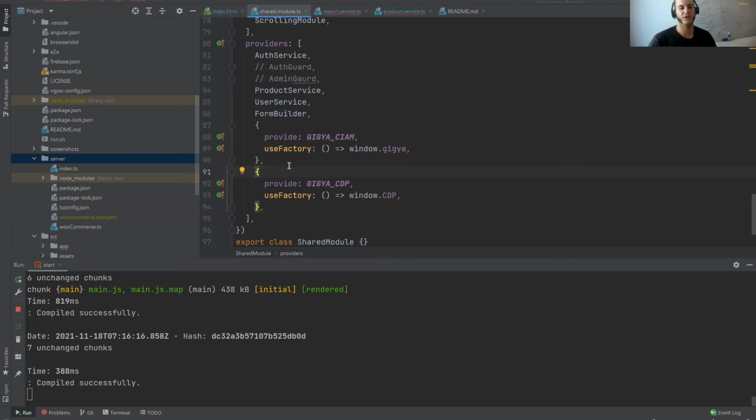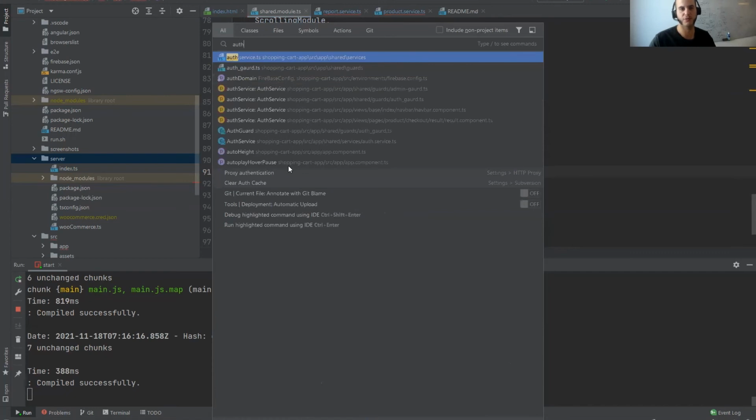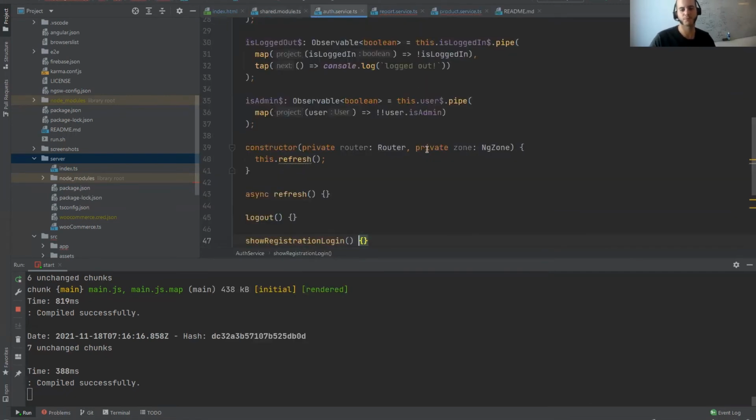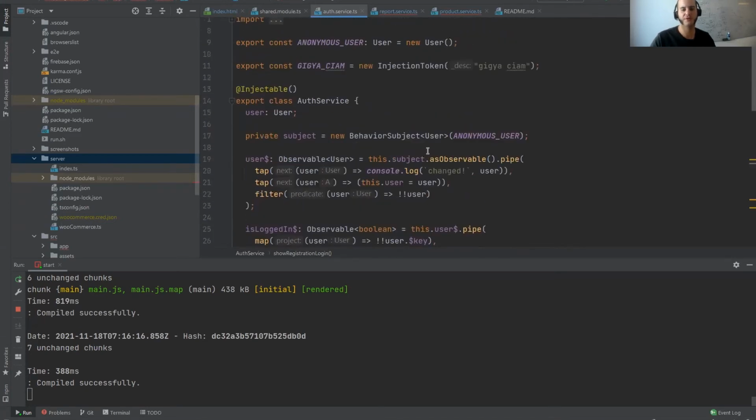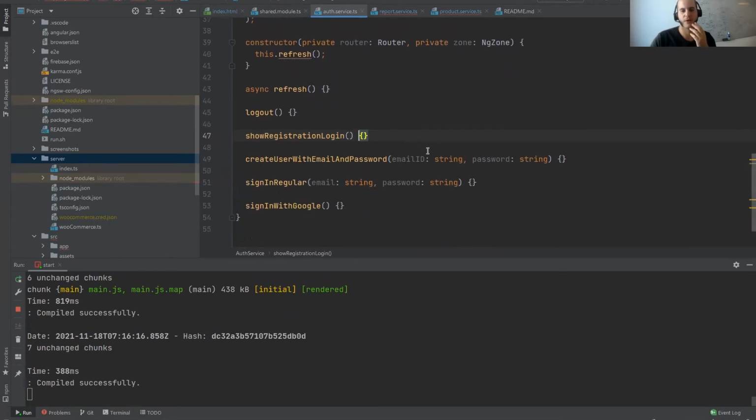We now want to start using it. So we have a special service here in this boilerplate project, which is called the auth service. If we go to it, we'll see that there's a lot of code here, but I just want to focus on a couple of things. The first thing that we care about is to be able to show the registration and login experience. And in order to do that, we're going to do really simple things. We're going to, first of all, get the Gigya